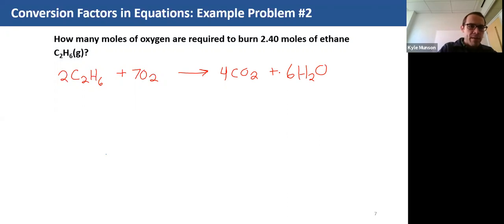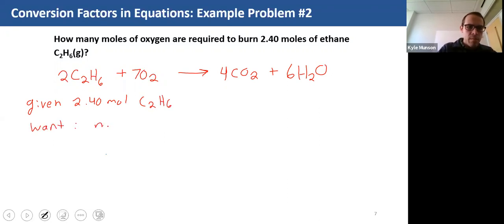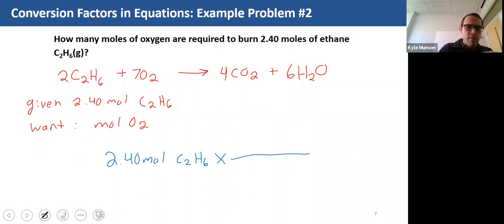And again, we're given 2.40 moles of ethane, and I want moles of oxygen. So again, I'll just change color here. Write down using some dimensional analysis: 2.40 moles C2H6 times, for every 2 moles, in this case, of C2H6, there are 7 moles